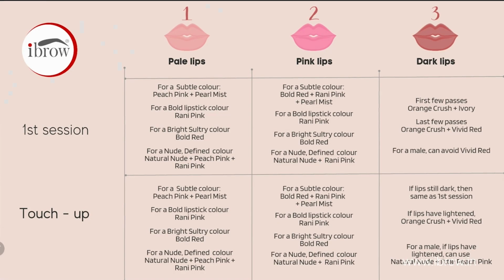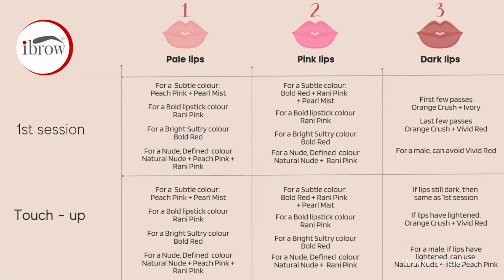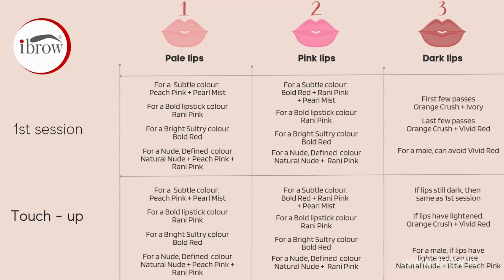Now if you remember, we have seen that some of these colors are semi-cream and some are liquid. The semi-cream colors are used for creating the opacity and to make sure that the spread of color is uniform and not patchy, and the darker colors are added to bring the color. So here you might want to vary the proportion of your opacifier along with the proportion of the darker color based on the end result that you want to achieve.